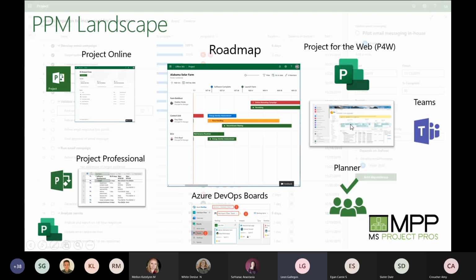Now, the other area that's relatively new is in this upper right-hand corner known as Project for the Web. This is comparable to what is out there that you probably see a lot of ads for, like Monday.com and Smartsheets. These are cloud-based, more work management solutions than full-fledged enterprise solutions. And I'll talk a little bit more about that when we look at the actual demo, and you'll see what the differences are. So this is a great way to just get started with project management, this Project for the Web. It's kind of like lightweight project management.